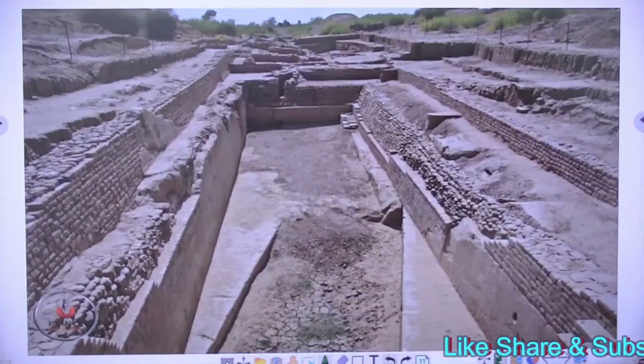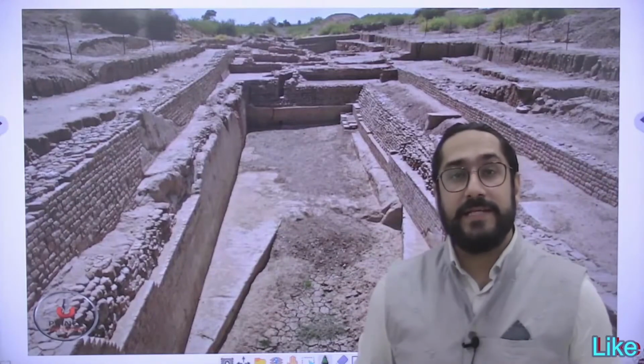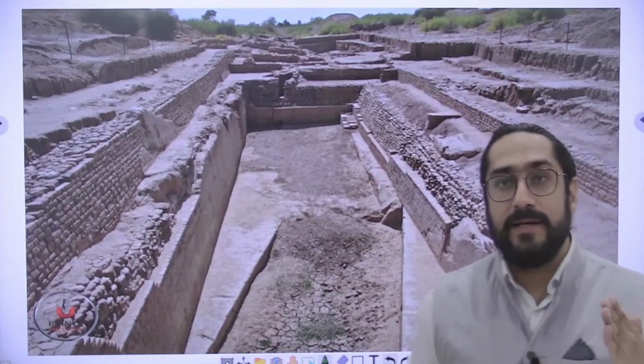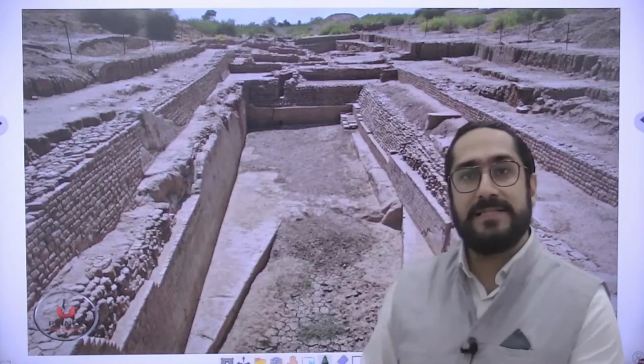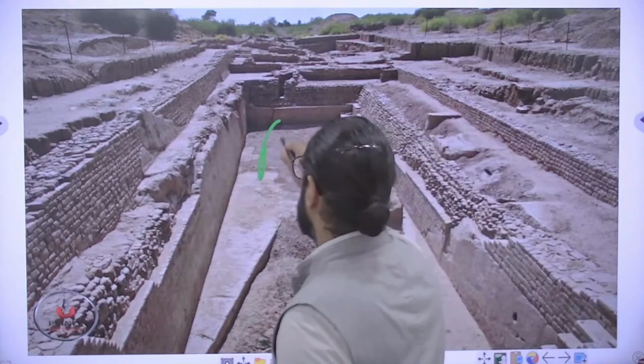Next image. This is the image of a reservoir located at Dholavira. Dholavira is known for its water management system. In Mohenjo-daro, there were wells. You dig out the wells, take out the water and use that water. But in case of Dholavira, there were